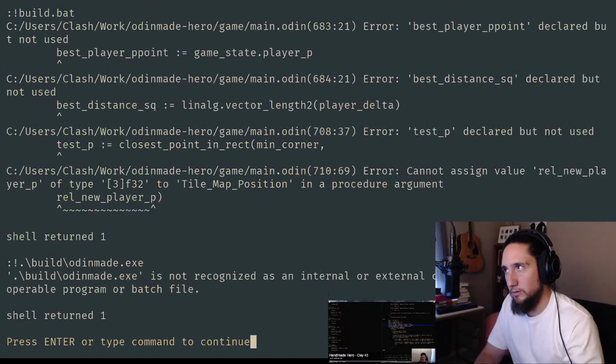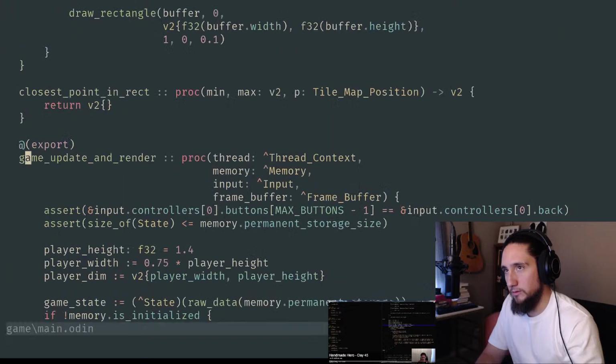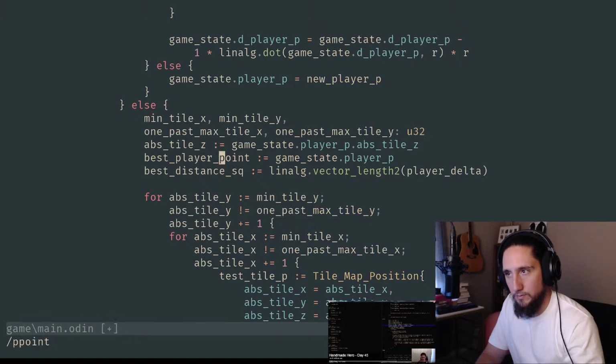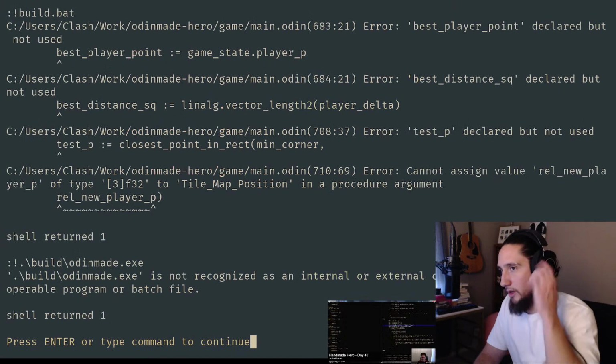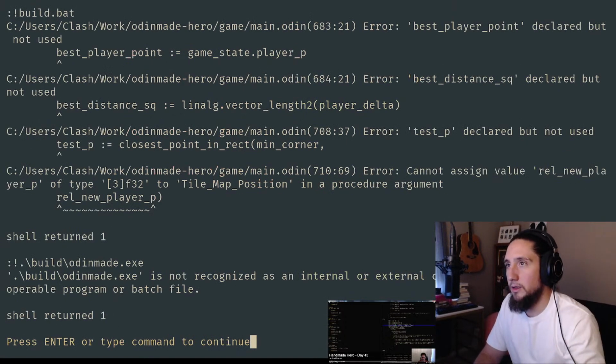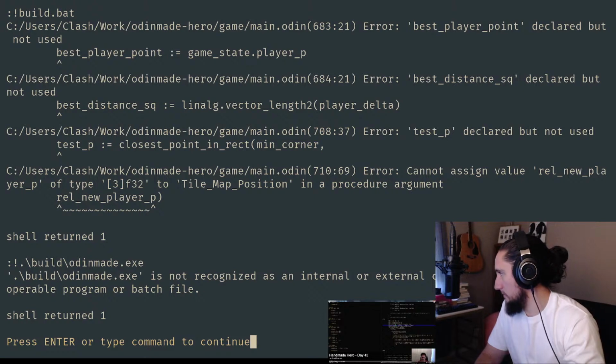Now what? Best player P point. That is not right. He just doesn't use it at all, does he? Not yet, anyway. I just want to set it up so that I can jump right in on Monday and we can wrap this up. Declared but not used. Best distance squared. Test P. Declared but not used. I thought I did see him use that. No, not yet. And then cannot assign